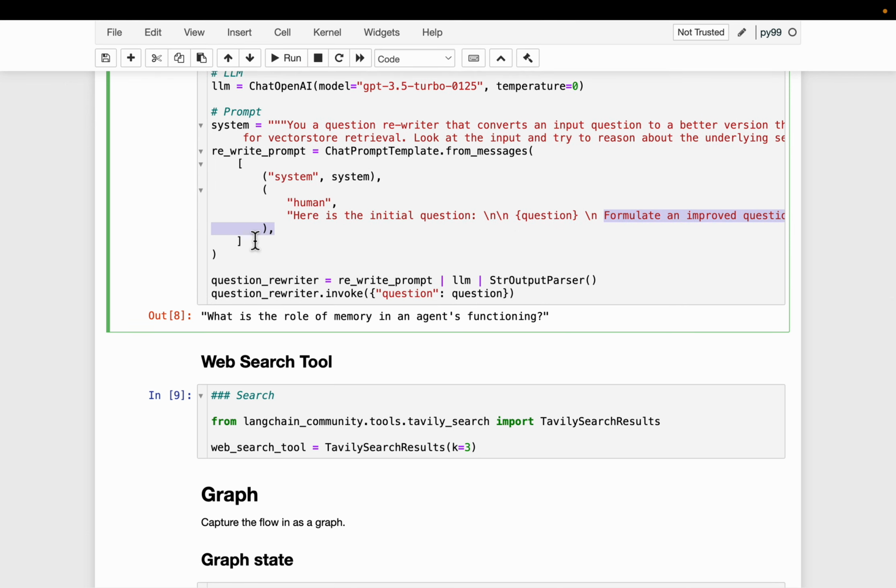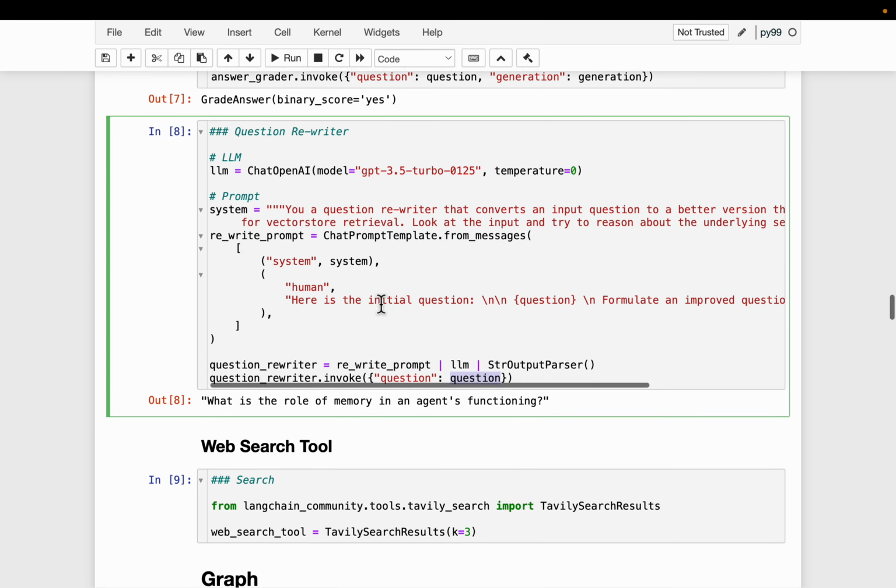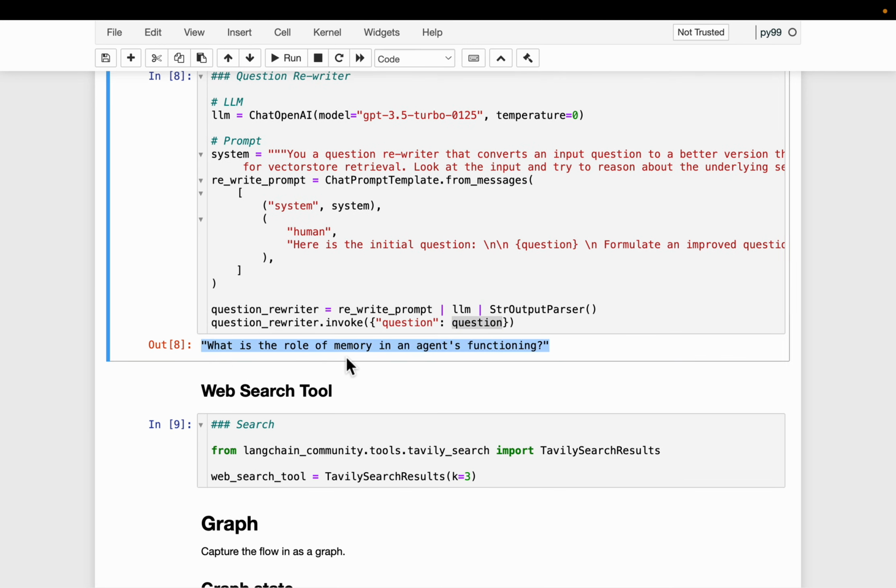Earlier our question was simply agent memory. The question rewriter came up with: what is the role of memory in agent functioning. This is a much better version than simply saying agent memory, so using this question, we can now retrieve better documents from the vector store.